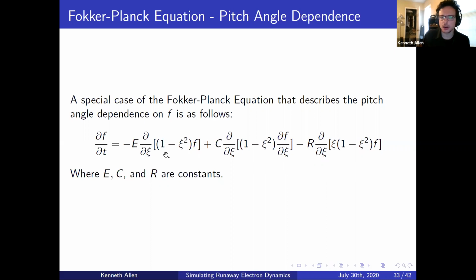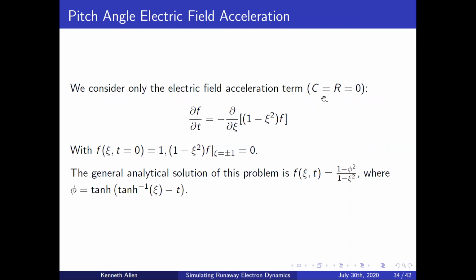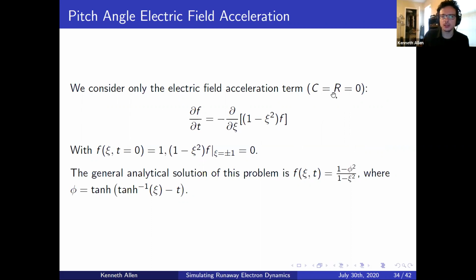Where this E, C, and R are just constants. And so we also see that E is a first order derivative, C is a second order derivative, and in R we have another first order derivative. So let's consider the example of when just the electric field term is present. So let's say that C and R are 0. Then what we have is a much simpler equation. So in this case, we have an analytic solution of this equation